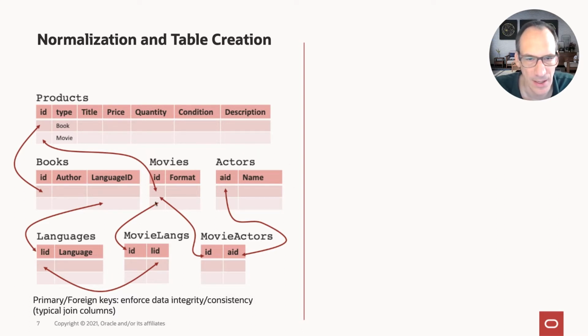And the reason is that most movies have more than one actor, and most actors also play in multiple movies. So this is what we call an M-to-N relationship. And you can see here this very simple example already yielded us 7 tables. And you can imagine if this application would grow in complexity, we easily hit a few dozen of these tables.